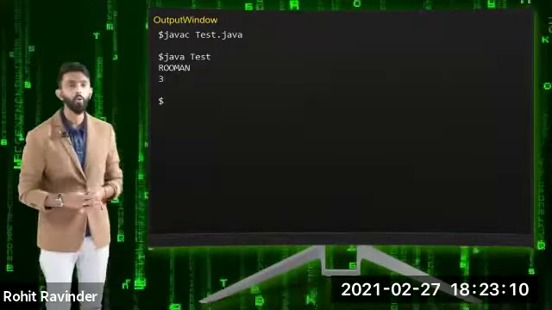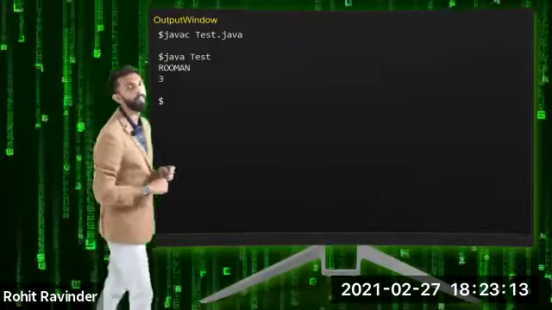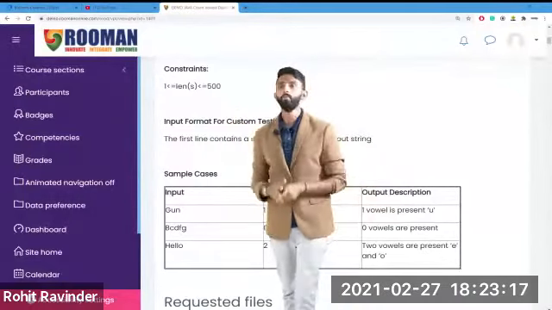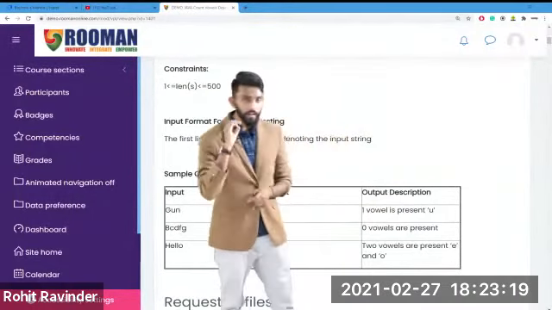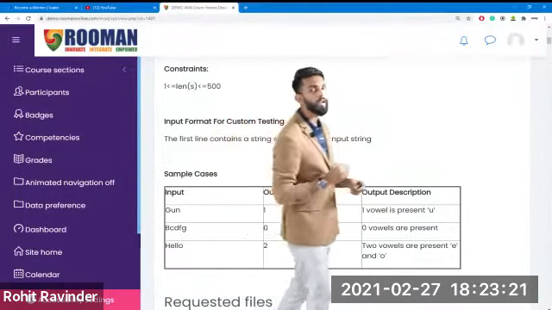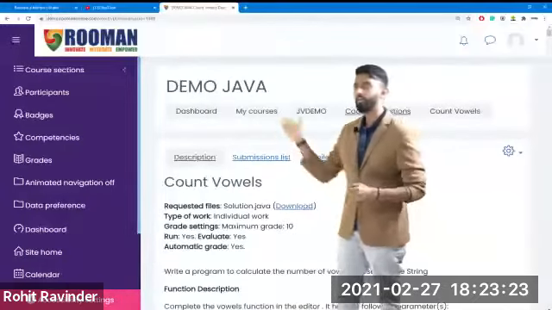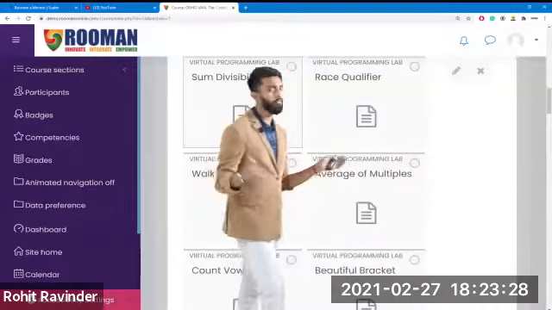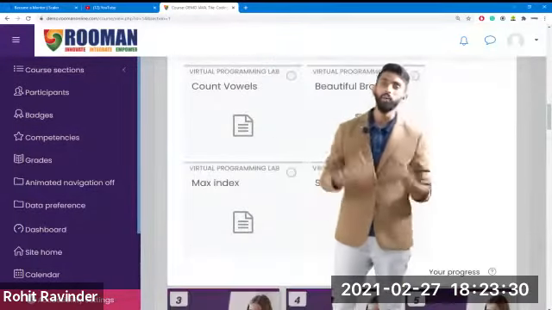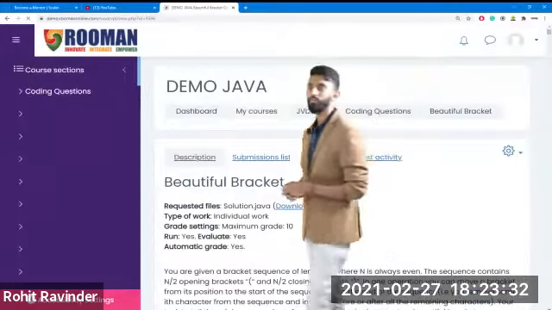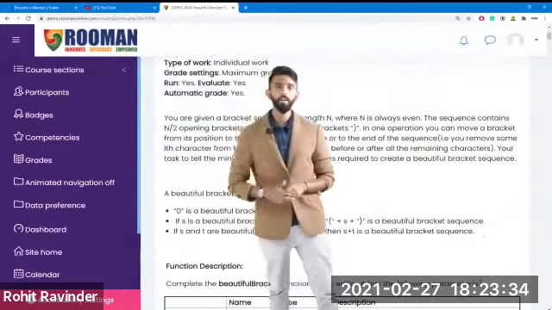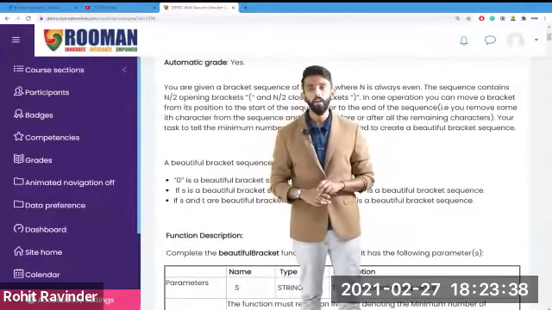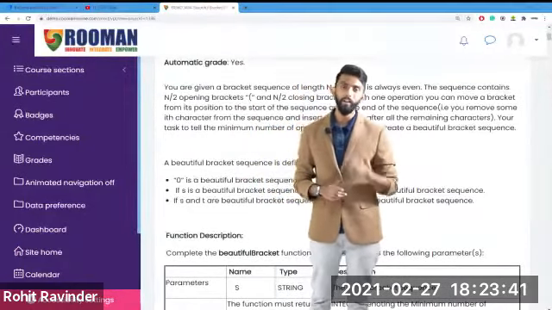Very, very simple program. Now, without wasting any more time, let us look at the last program, and this is quite an interesting program. Again, I'm going to give you some time to read it, and see if you're able to provide a solution for it. Let's go back. This is the last program which I have ready for you. Of course, we can keep doing hundreds of programs like this, but time is of value. Beautiful bracket is the name. I'm not going to read it. You please read it and let us see if you have understood it. Read it carefully.